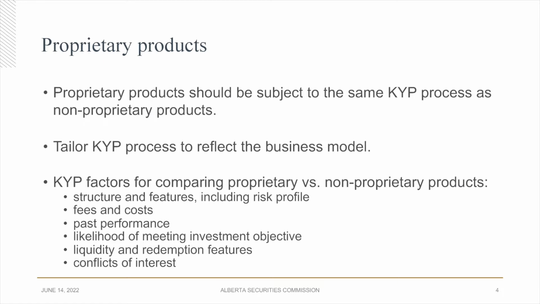And do the material conflicts and risks associated with the product require the firm to implement specific controls, such as maximum concentration thresholds for certain types of clients, or perhaps minimum risk requirements, such as only selling a certain product to investors with a high risk tolerance?